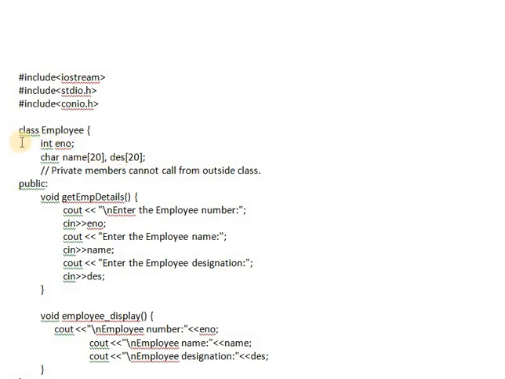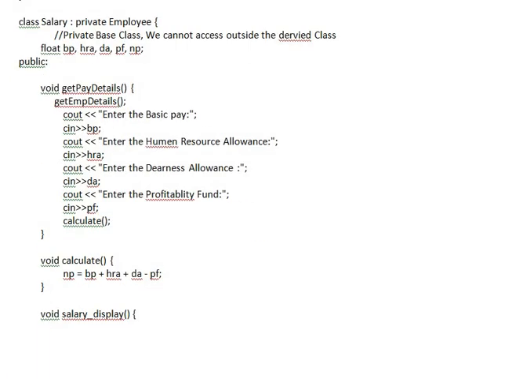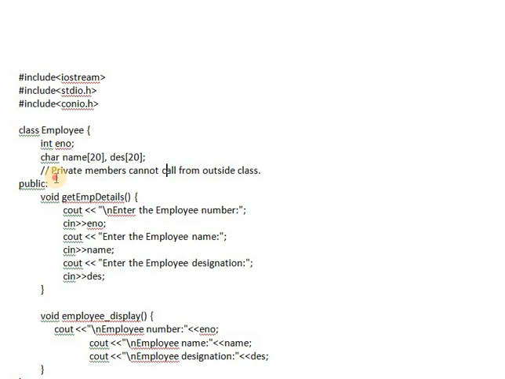Why? Because here no visibility mode is mentioned, so these are private members and we cannot call these from outside the class. Now in the public section of the class employee, the base class, we write get employee details. It is a public member function, so by using a derived class or another class we can easily call this get employee details. By using this function we can take input from the employee, that is employee number, employee name